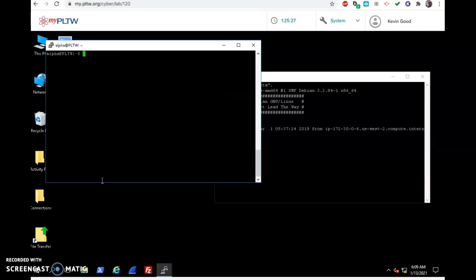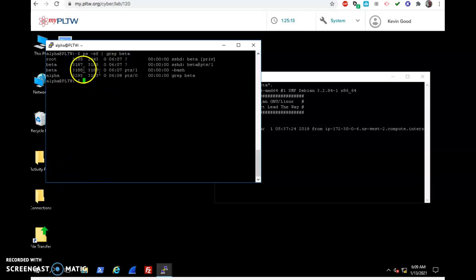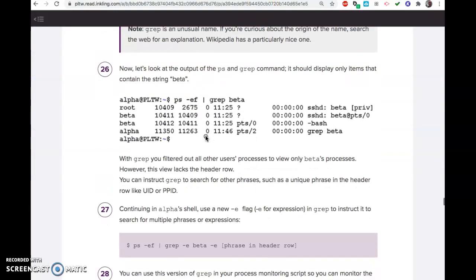And then we're going to go PS minus EF, which does our processes. We're going to pipe that with grep. You should look up why it's called grep. Grep beta should just filter out only things with beta. And right now there's nothing going on with beta because we haven't done anything bad. But what you're going to do